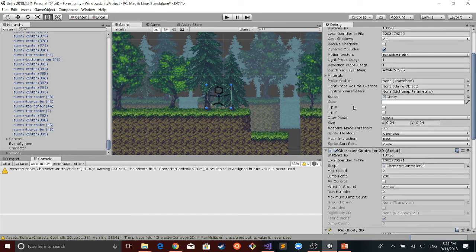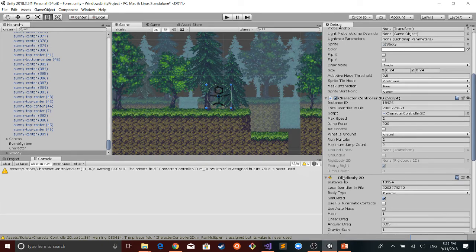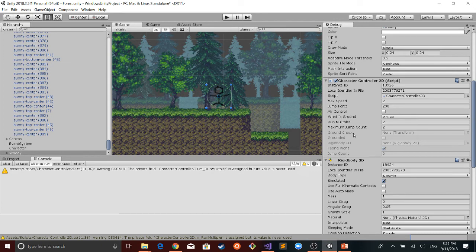What Debug does is any private member variable that you have is now shown in the editor. It's just grayed out because you're not allowed to actually modify it. So you can see our jump count is now seen in here. As I'm pressing the space bar, I should see this increment, and it should stop incrementing when it gets to the maximum. So it should never be greater than its maximum jump count 2.